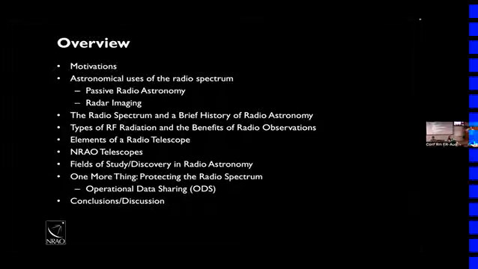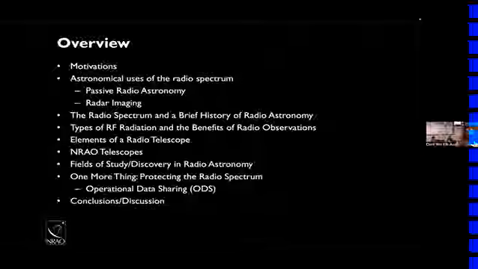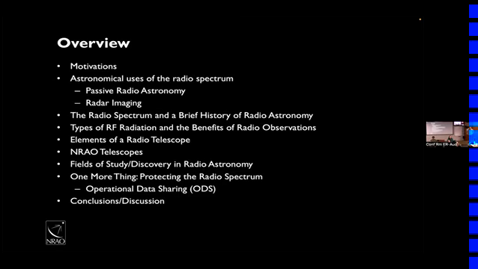And then where I want to end is sort of what I'm doing currently, which is talking a little bit about protecting the radio spectrum, right? Because all the things that we'll talk about today are dependent on being able to see them. And one thing I want to emphasize is that radio telescopes are looking at very, very faint signals, right? And so, sometimes these things are hundreds of decibels below where commercial transmitters are functioning and commercial receivers, right?